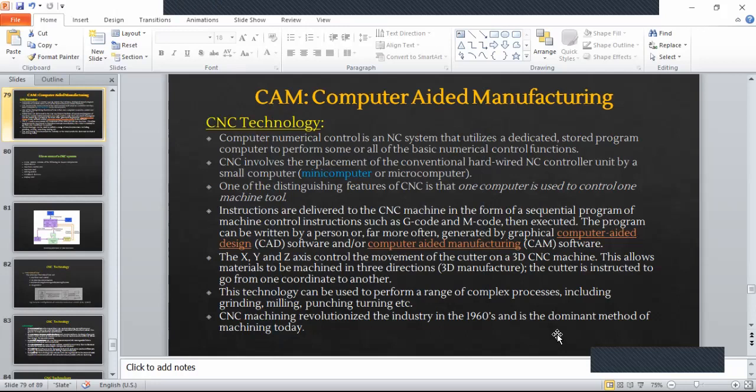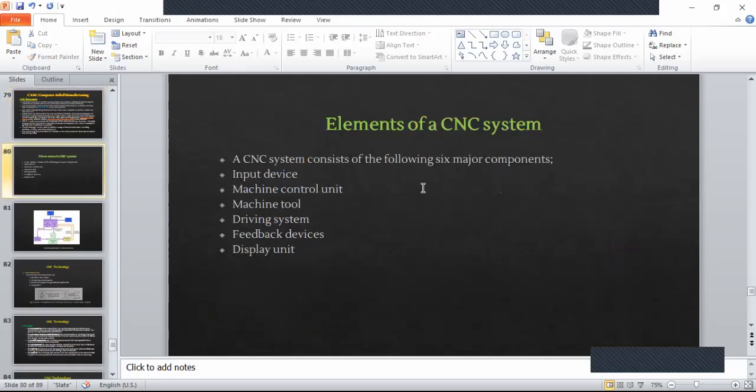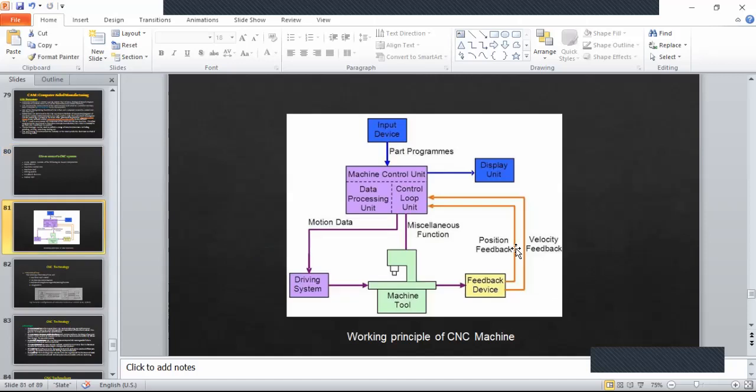So that was about the elements of a CNC system. A CNC system consists of the following 6 major components. One is the input device. Then machine control unit, machine tool. We'll see that here. You see, this is our machine tool, right? And the first one we saw was the input device. As I told you, the input we are using is part programs, right? So to be able to get that to the controller unit,